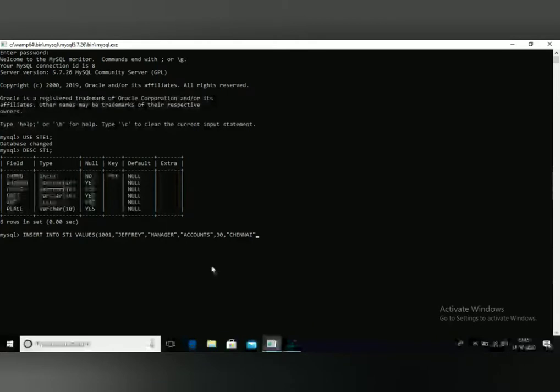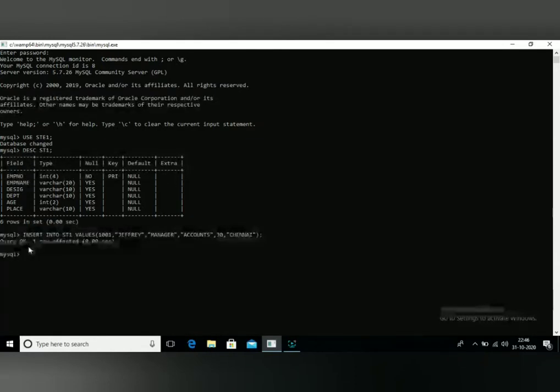Here we must end with a closing parenthesis. Then this parenthesis must be followed by a semicolon. Now I'll press the enter key. See this one. First I'll give insert into ST1 values. The first person's values are given. There is no error. Suppose you omit the semicolon or make any error, the error is displayed on the screen. Now there is no error. So the next line, Query OK. The message is displayed on the screen.